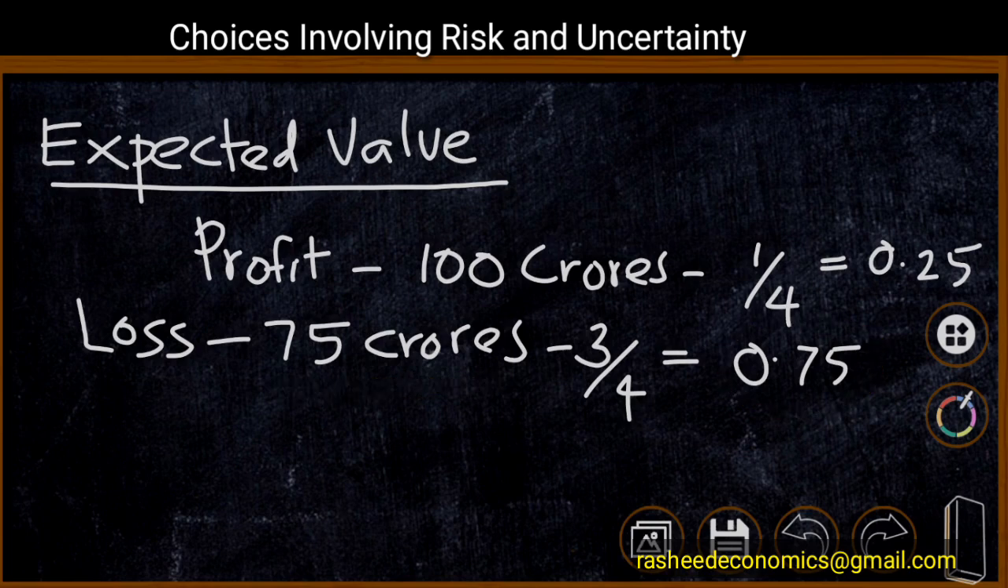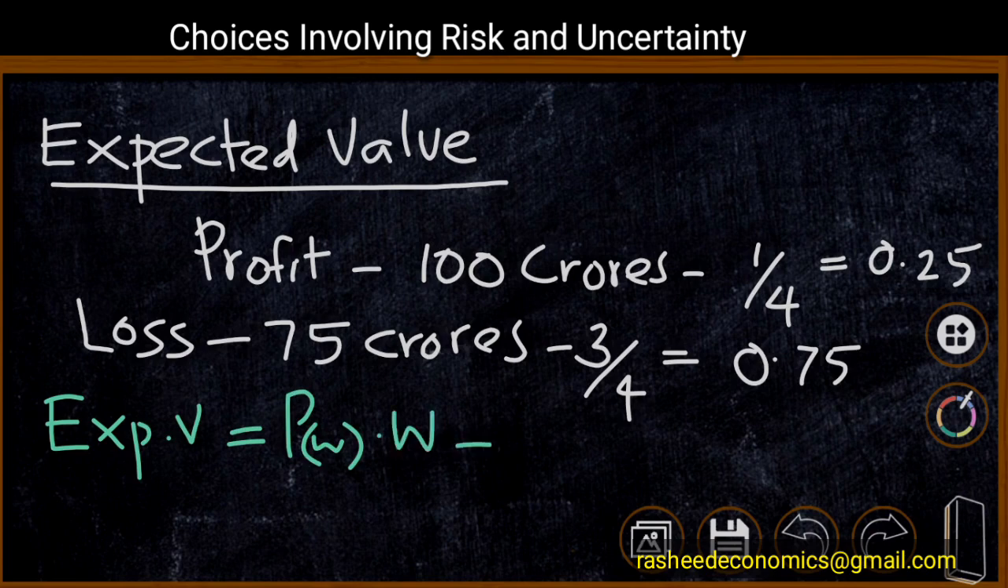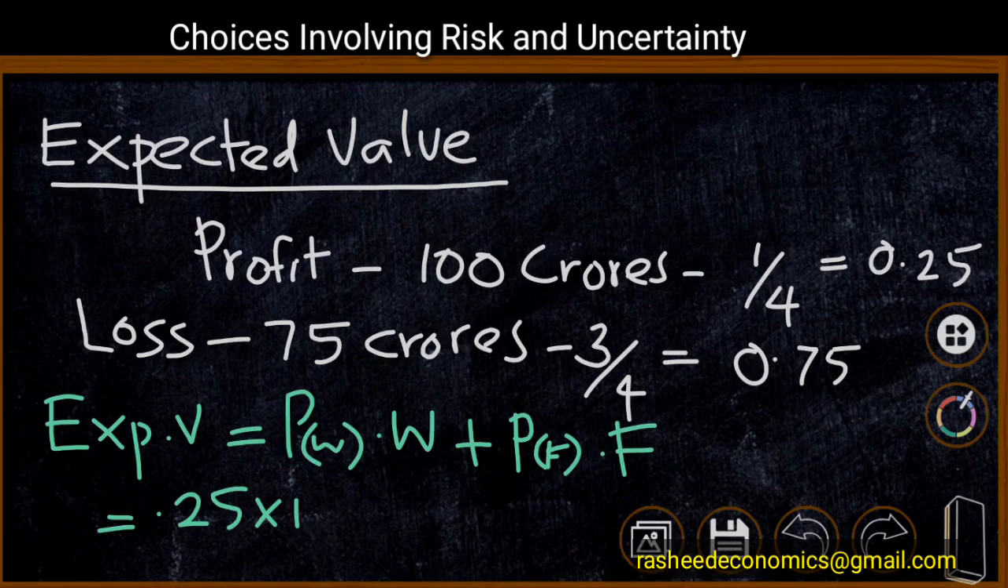From these payoffs, we can measure the expected value, and there is a formula to measure expected value. That is, expected value is equal to probability of winning into winning amount plus probability of losing or failure into failure amount. This is the equation for measuring expected value, and here in our example the probability of winning is 0.25 into winning amount, that is 100 crores, plus probability of losing is 0.75 into losing amount,